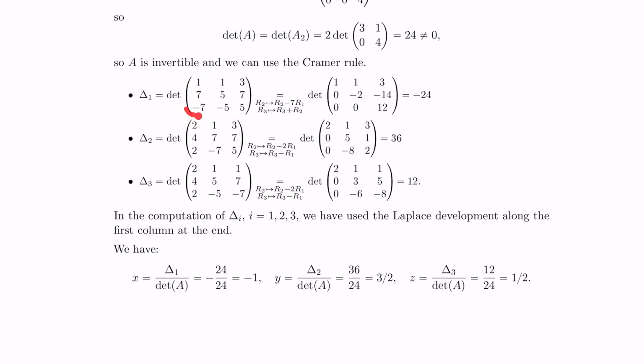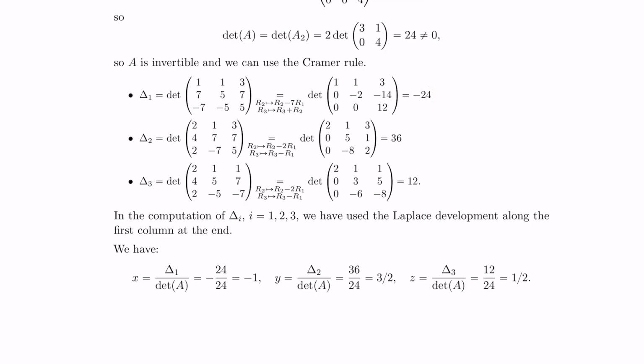We see that we still have a matrix with all non-null entries, and so in order to compute its determinant much more easily, we can reduce this matrix by rows applying these two E1 transformations, and if you check, you obtain this matrix here. The computation of its determinant is very easy because, again, we can compute it using the Laplace development along the first column, which has 2 zero entries, and the result that we get is